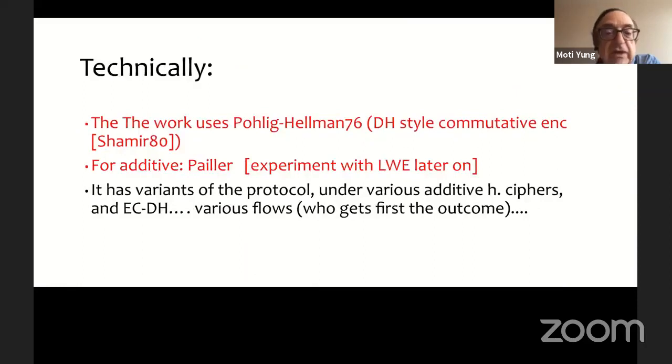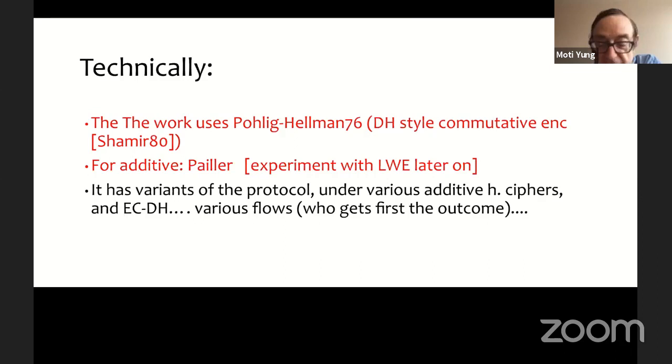Technically, if you look at it, the work uses Pohlig-Hellman '76, which is now called Diffie-Hellman style commutative encryption. The commutativity of this function was pointed out in a paper by Shamir in 1980, in which he uses it to demonstrate how you can do equality.